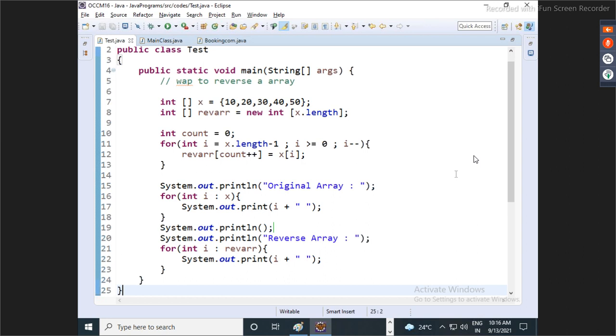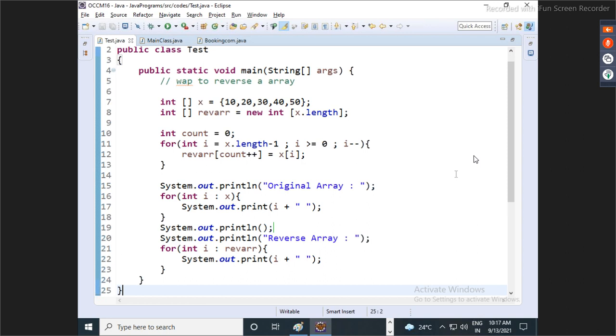So what you need to do, take some array, and in that array, let's say you add some numbers, and I want to search, hey boss, is this number present or not. So what should be my output? If present, then I should get 'number is present'. Not present, then I should get 'number is not present'. Am I clear?